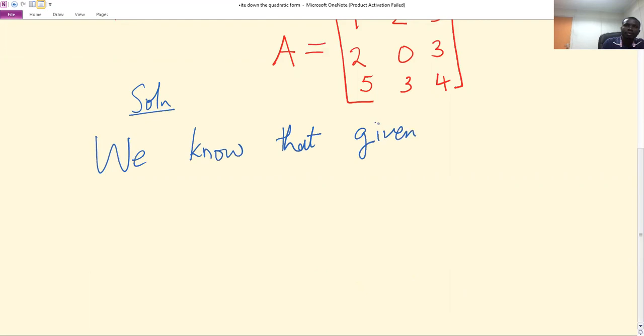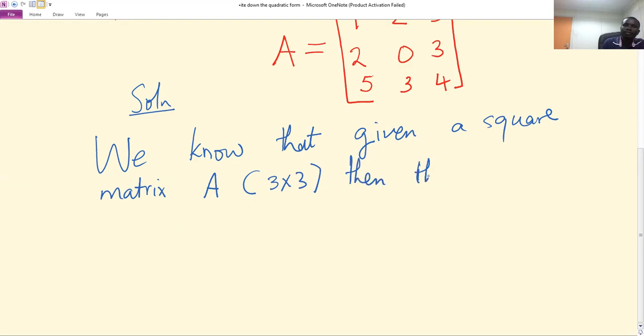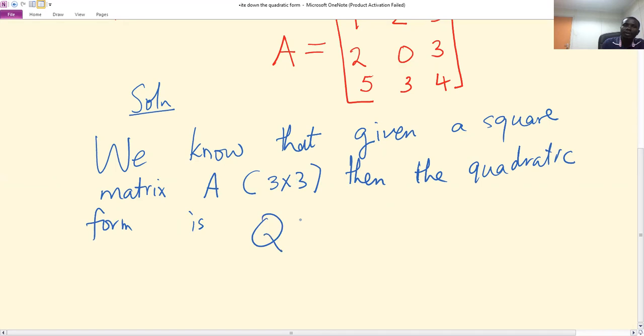Given a square matrix A, and for this case a 3 by 3, then the quadratic form is, now because it's a 3 by 3, we will have three variables x1, x2, x3, given by